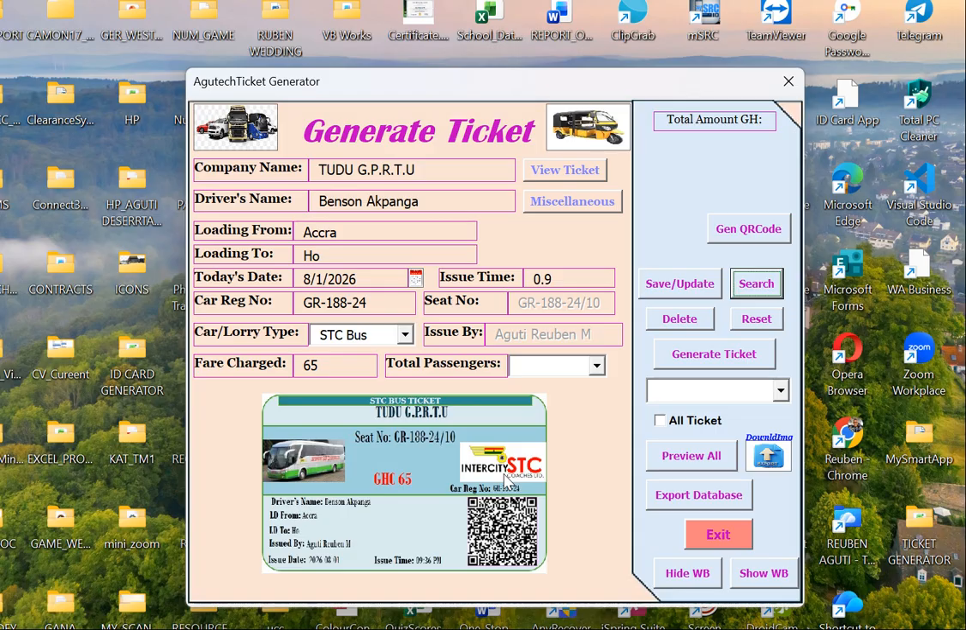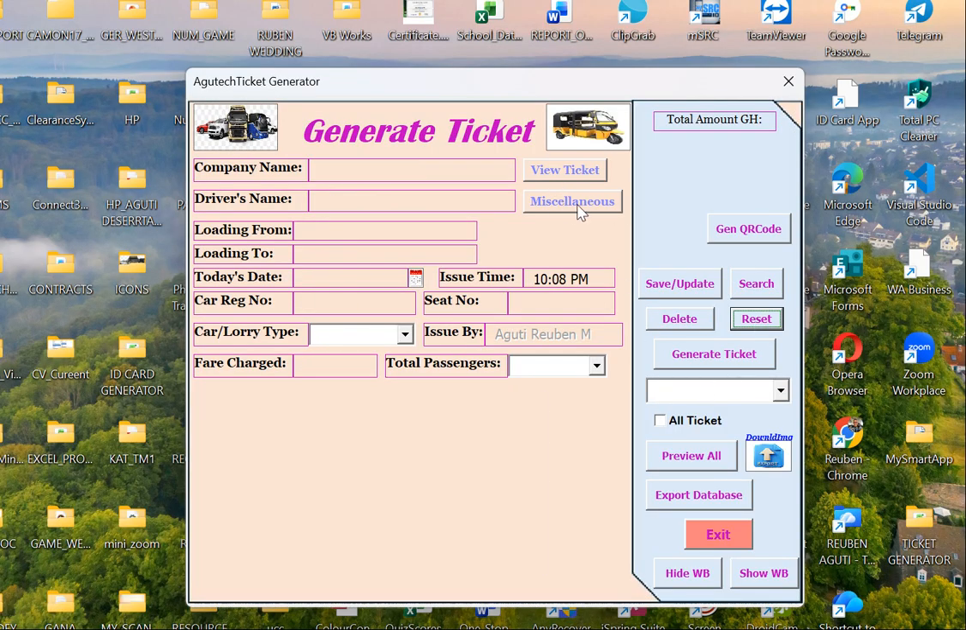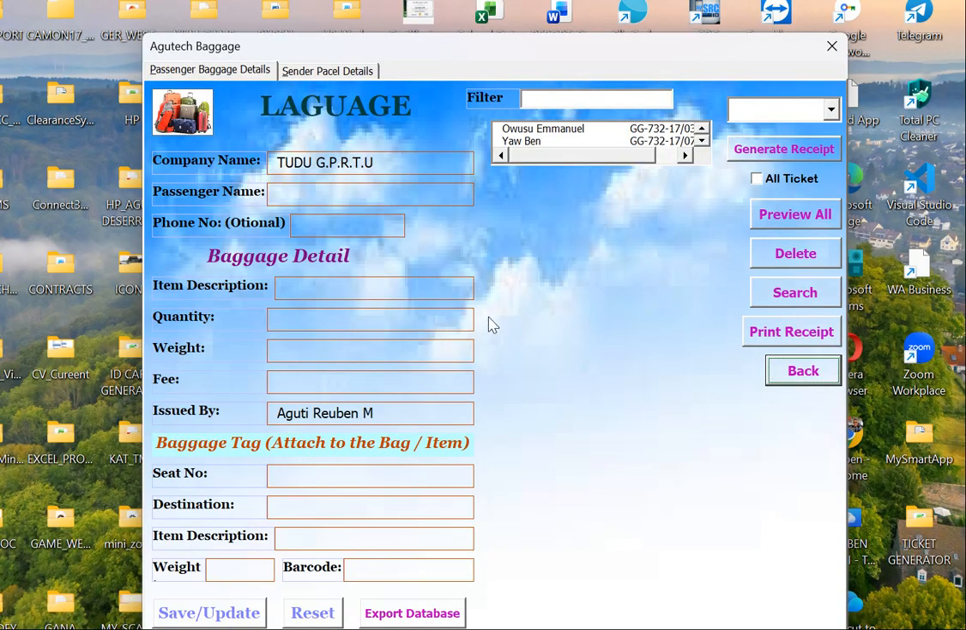So now, after you finish generating the last ticket, those with luggage or those with parcels will come with their tickets, and you use the miscellaneous side to generate the luggage receipt for them. So let's clear this and click on the miscellaneous. This is the miscellaneous button. So we click on it and it opens the